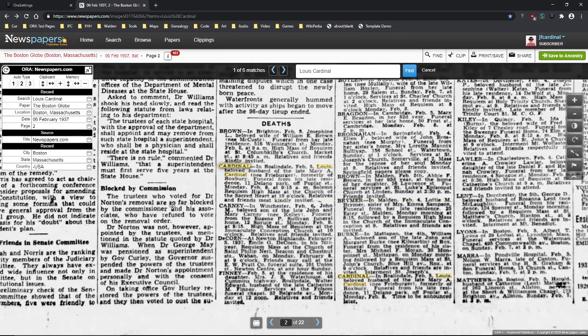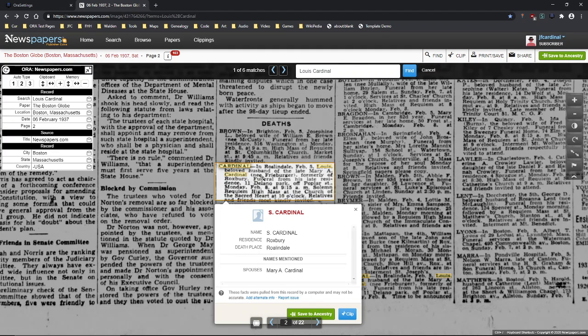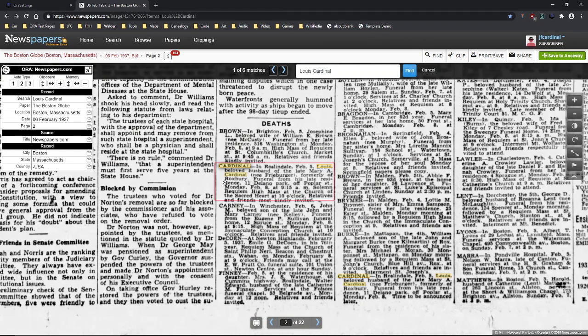So let's start. I've already done a search in newspapers.com and I found the obituary, the death notice you see here in the middle of the page. The red rectangle around the article is something that newspapers.com does when it has identified an article and extracted it. Unfortunately, in this case, it's a little off. It's not getting the bottom line of text. And I'm going to take an extra step here and correct that as I go through and add this record